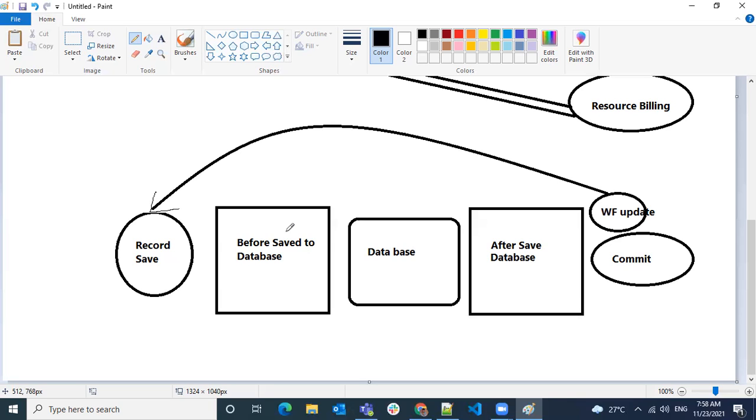Let's say you have 10 fields on a project resource record, and you have made changes to only two fields. In the before save logic, you can change all the 10 fields. It doesn't mean that only those two changed fields can be modified. It's not like that. When it goes to the database, it goes as a record, not field by field. So the remaining 8 fields remain as is, as they were before, and only the two fields have been changed.